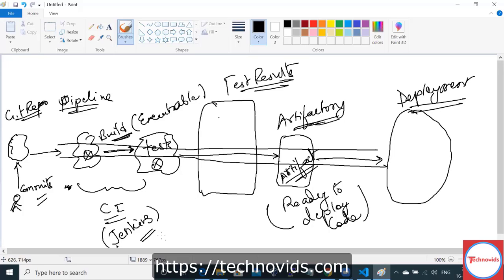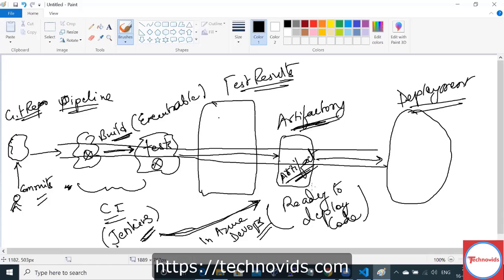But let's say that it is dropping the artifact in Azure DevOps. Your build and test run in Jenkins, and it drops the ready to deploy code in the Azure DevOps Artifactory.